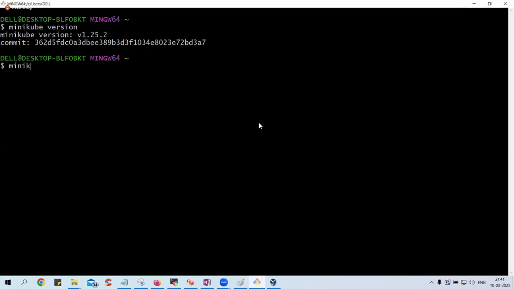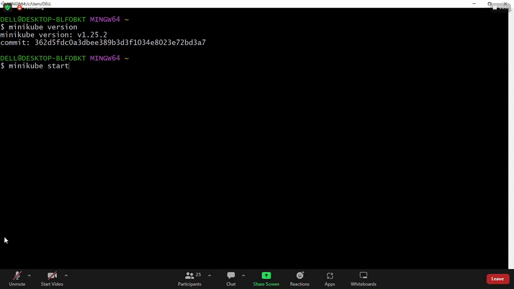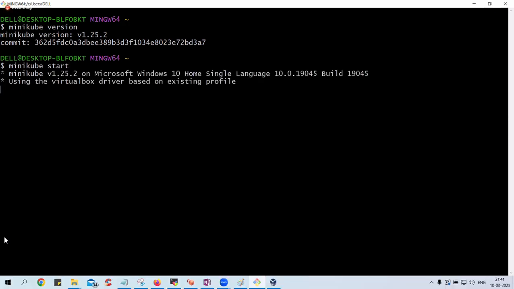I'll say minikube start. This is the command you need to type, guys. This is the only command you need to fire if you want to start Kubernetes. The same command you have to use to install, to set up the cluster also. See. So using VirtualBox driver based on existing profile, it detected my Oracle VM box.